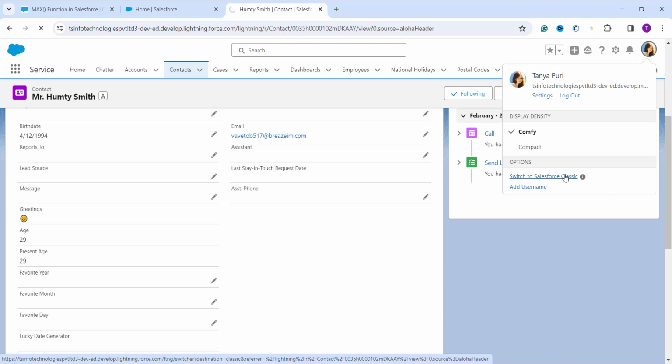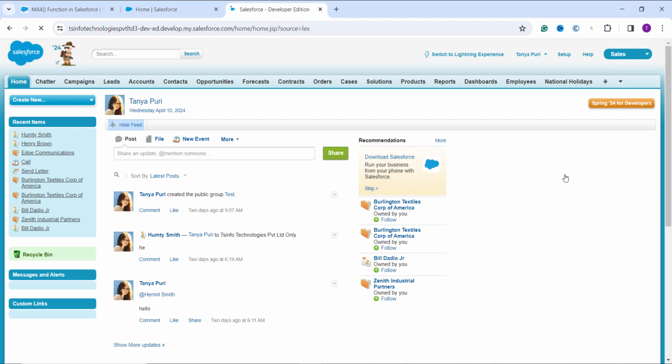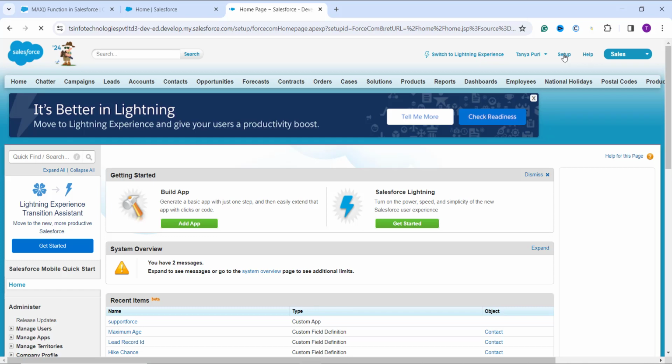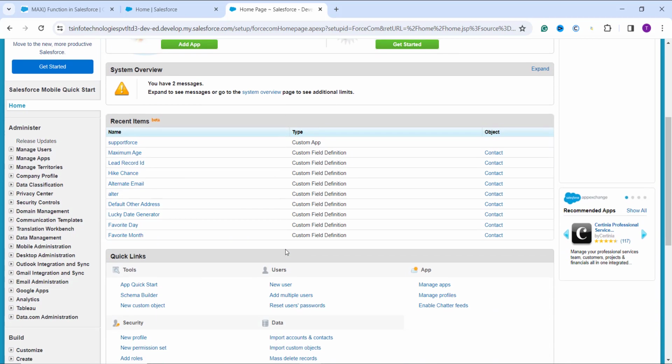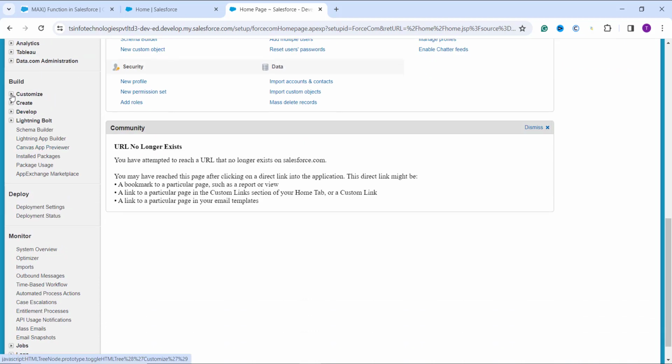Now by default we are always redirected to the home page of Salesforce Classic, you can see that, but we need the setup of Salesforce Classic. So we click on the setup option. If you do not get a setup option here, you need to click on the drop down arrow given next to your name, and here you will get the setup option. Now it's time to scroll down, and you can see that on the left section we have a build section. Here we have a customize